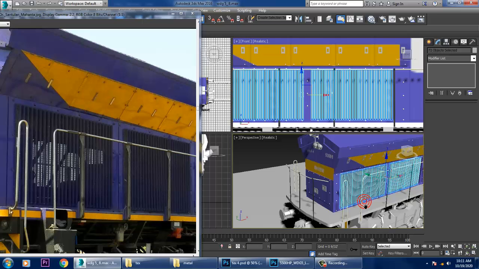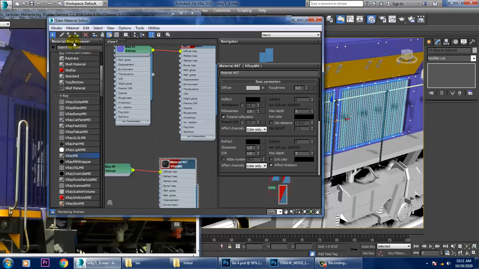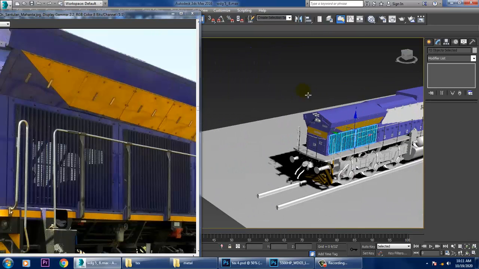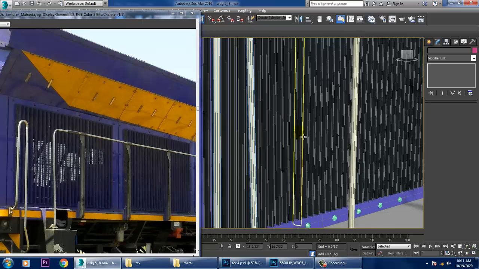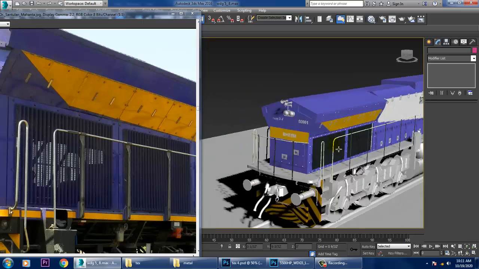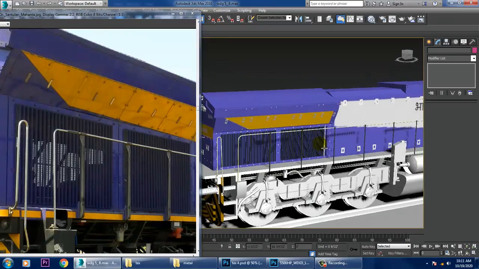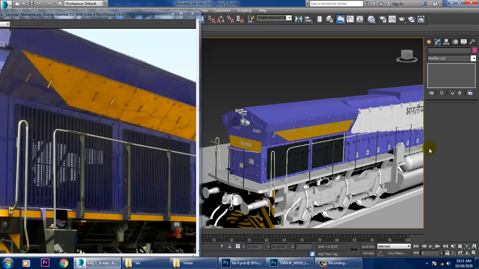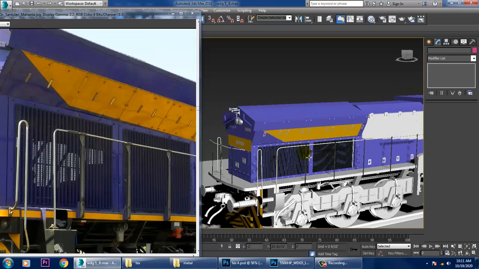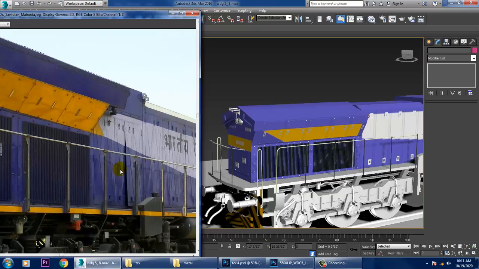Alright, so once you're done, let's go into the material. Always rename these materials. Yeah, black metal_1, and let's just assign this stuff. We can just assign the materials in this way. So it looks good over here. If you have the same thing over here, we can just duplicate this. Don't go with the texturing part again, we'll come to that. After that, the things which are left over here,